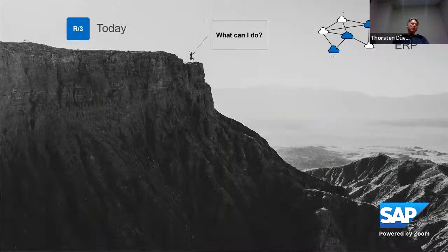So again, if you say, okay, you are today perhaps still on an R3 system, and you climbed up the mountain, it was really hard work to bring your R3 systems to run and say, okay, now it's running. And what you heard in the last 40 or 50 minutes, perhaps composable ERP or a composable way of doing a process, could bring more benefits, or like Stefan said, could also enable you to do more business, or to really enable more business power and time to value in the future. And you say, okay, how can I then take a step forward to